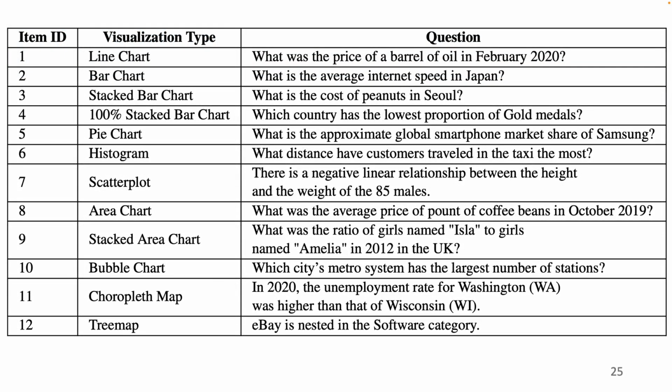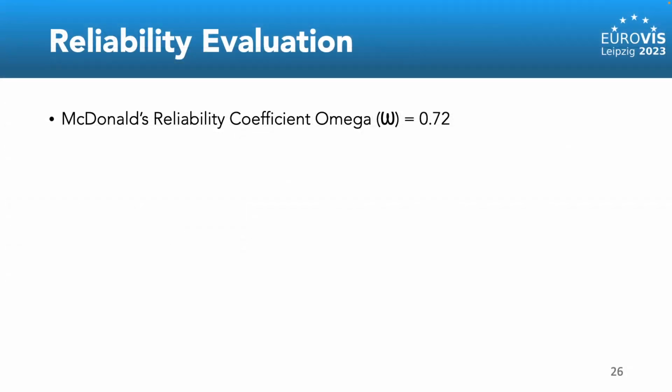So these are the 12 questions that were finalized and were included in the Mini-VLAT. And apart from selecting the items for Mini-VLAT, we also calculated the reliability related evidence. For this, we used a very common method called McDonald reliability coefficient omega, and the value was 0.72. This indicates that most variation in scores among the test takers is due to their variation in skill and not the random errors. And scores on the test are consistent and reproducible.